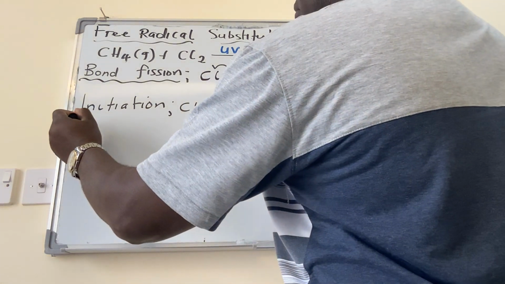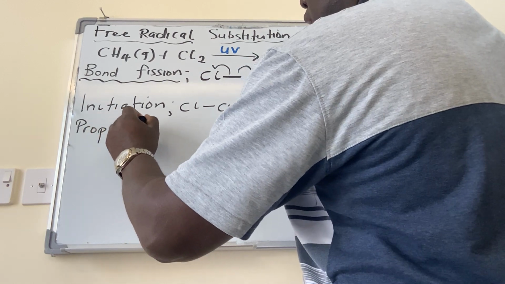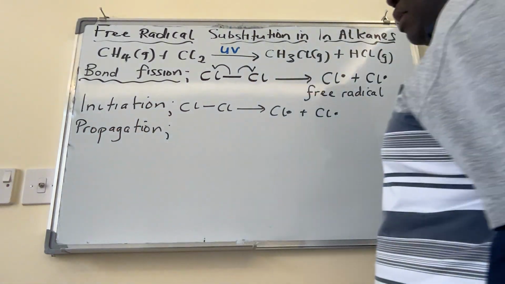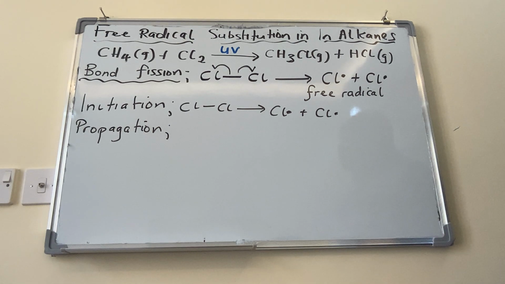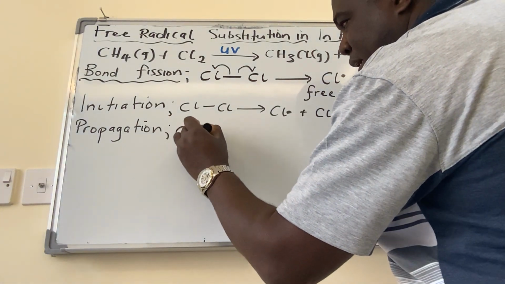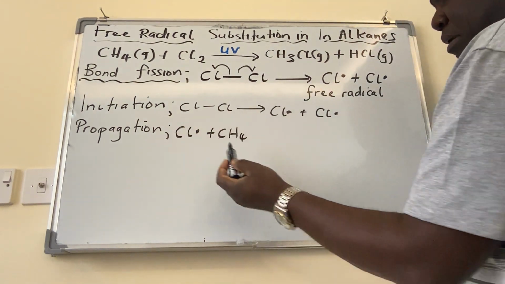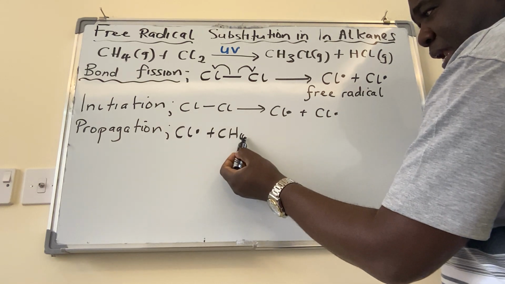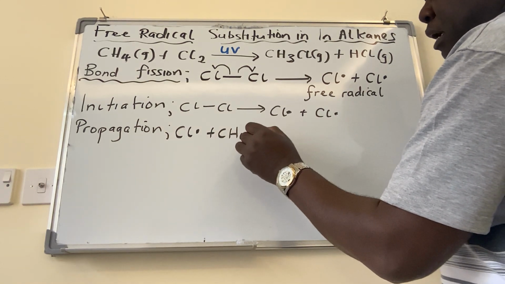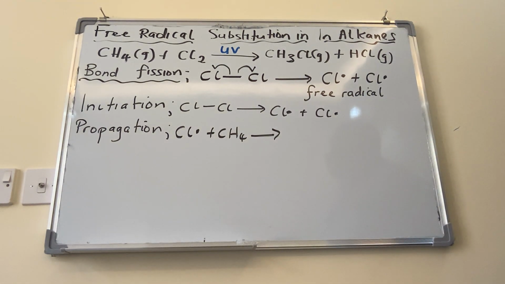Let's look at what happens in the next stage, which is normally called the propagation stage. We now have free radicals available in our reaction, so we want to look at the propagation reaction. This free radical now is going to collide with a methane molecule. Remember, we have a free radical here. And then when that happens, you are going to have